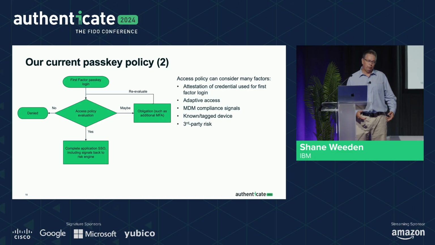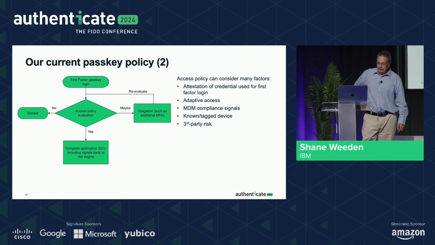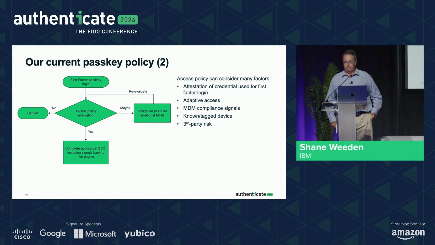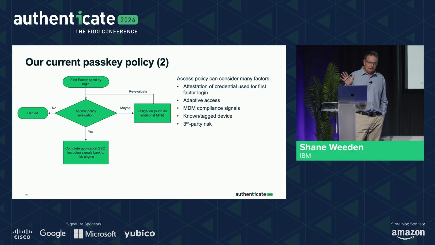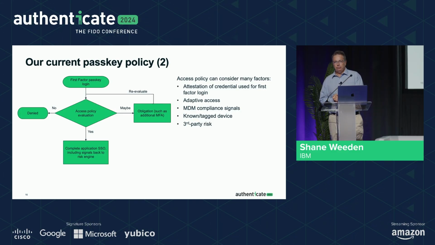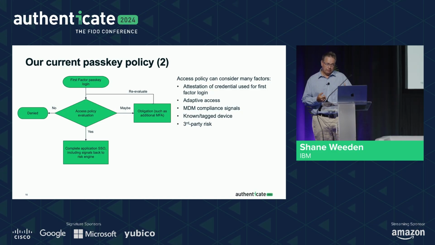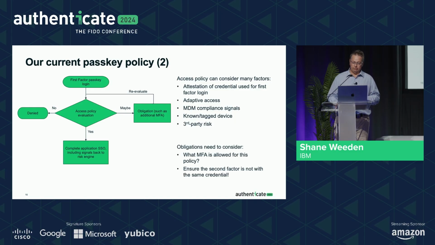But that's not true for all the apps that you visit. We might be able to just do a step up, at least give you the opportunity to do a second factor with your FIPS key. So that's one example, but others are things like, do we have signals from MDM? Do we have signals that we recognize this device because user behavioral analytics are telling us it's you? There's lots of things that we do there. And generally speaking, people get that same pass-through experience that I demonstrated at the start.